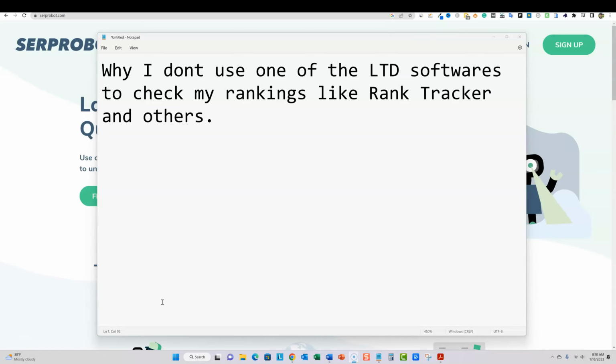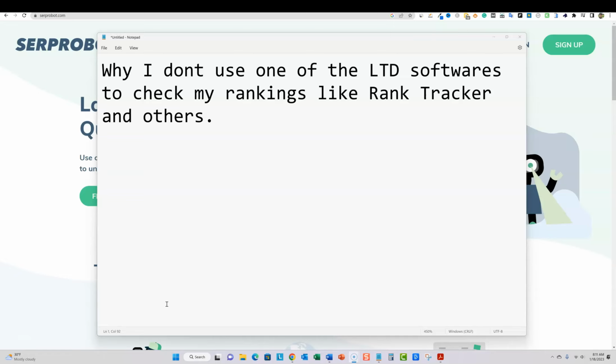I wasn't impressed with the amount of keywords that you would be able to track with those tools. So I don't believe that they were generous enough. They were giving you about 100 keywords on average. Most of them only give you 100 keywords per month. Or you've got to pay like $500 for the lifetime deal to get it up to 200 or 300 per month, something like that, right? And I could be mistaken. Maybe there was one that offered a lot of keywords to track, but I didn't catch that. But the ones that I was interested in during my reviews and everything,